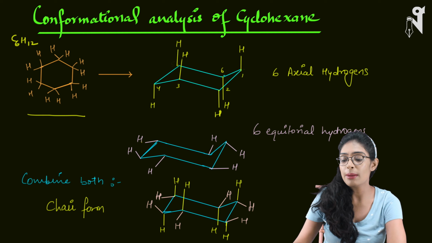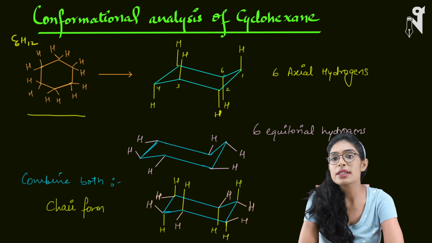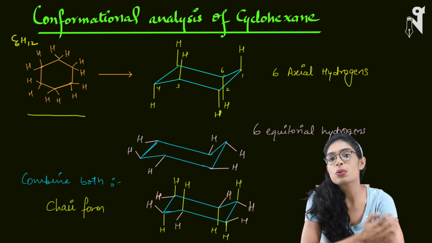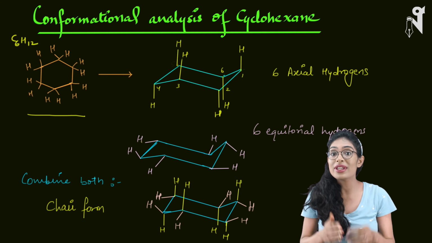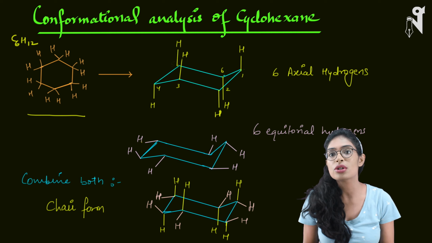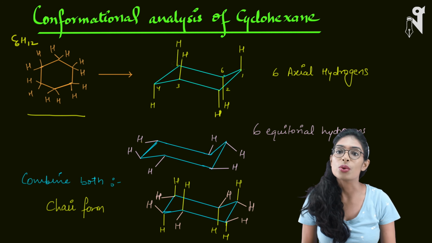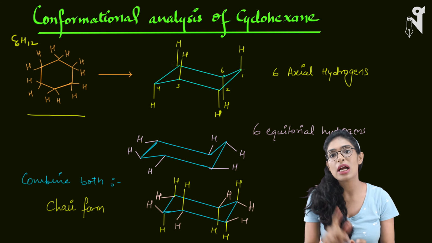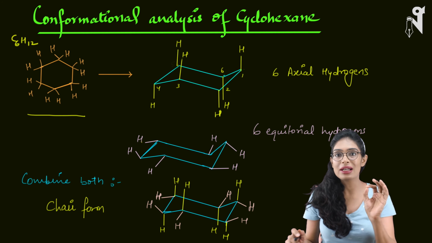Okay, now as I mentioned, your C6H12 has 12 hydrogens. So now we have to place these 12 hydrogens also in such a way that each carbon follows the tetrahedral shape and the 109 degree 28 minute angle. Now how these hydrogens will be placed, I'll show you one by one, but before that let's quickly understand